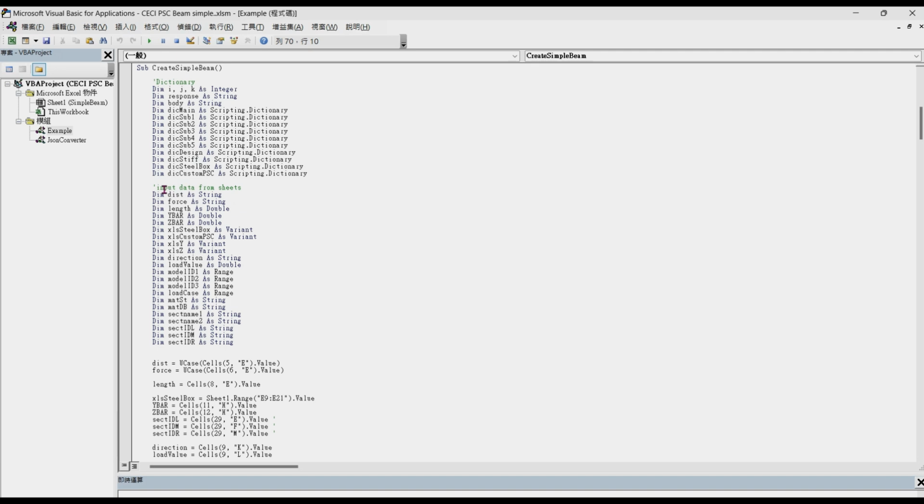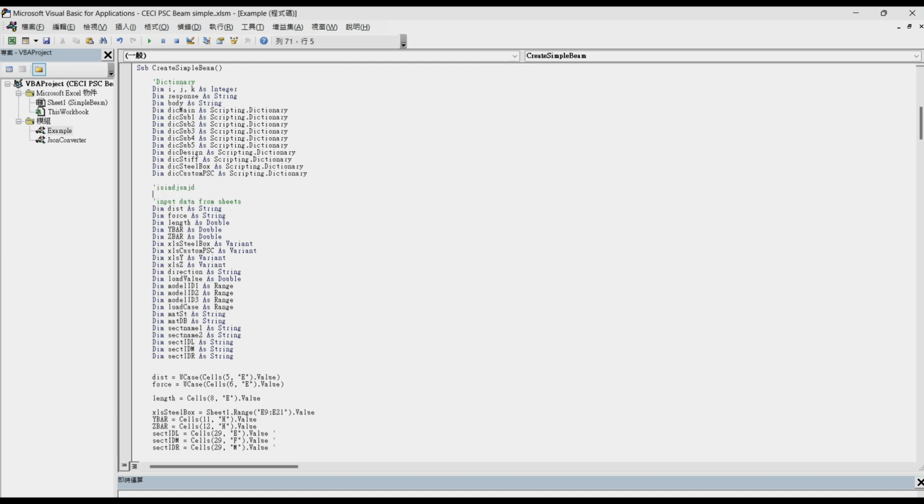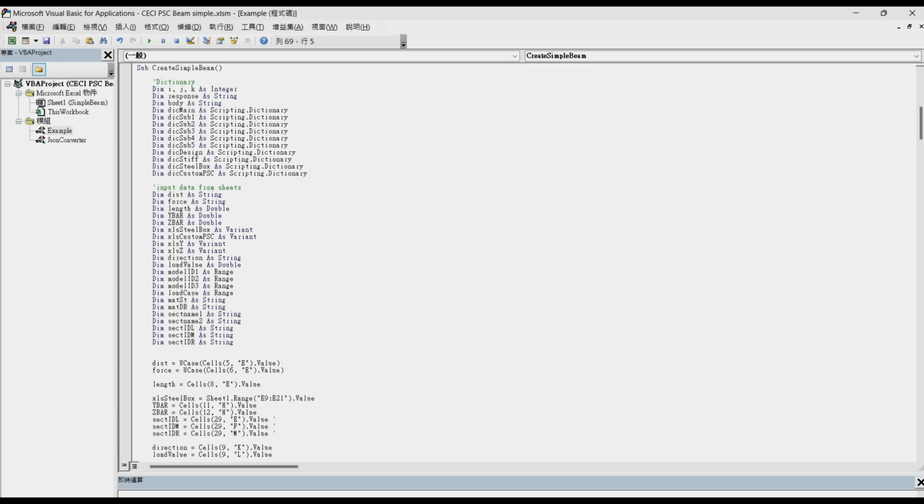Okay, so here this one is a dimension for only input data for sheets. So you can create an information. If you type a string, for example, you can just type one apostrophe here, and then type anything. This will be considered as a comment, so it is not considered as a script. Okay, so this one is for distance, force, length here. Double means that it's just a large number, and variant here. Variant is just if you have maybe a cell,